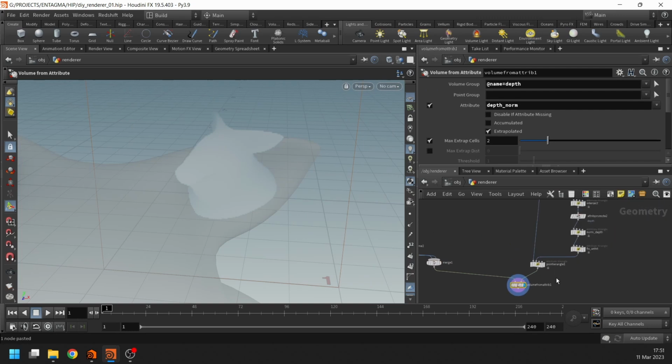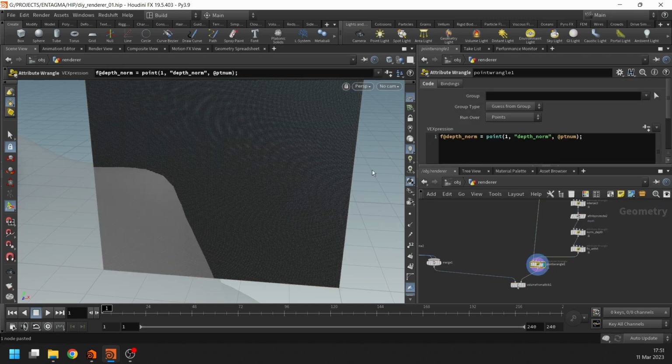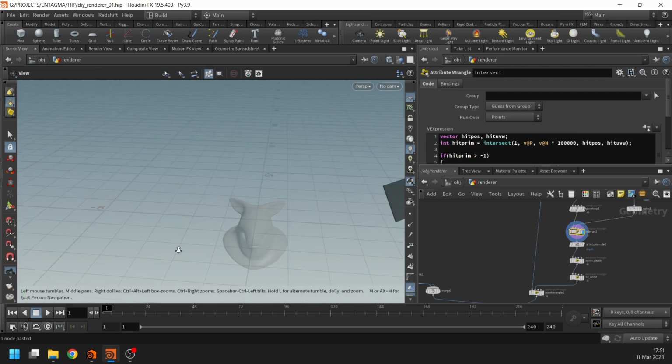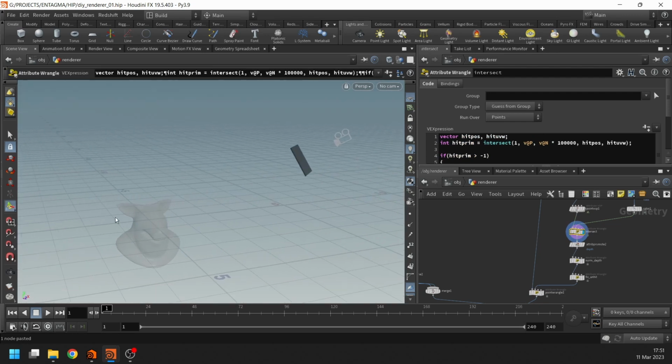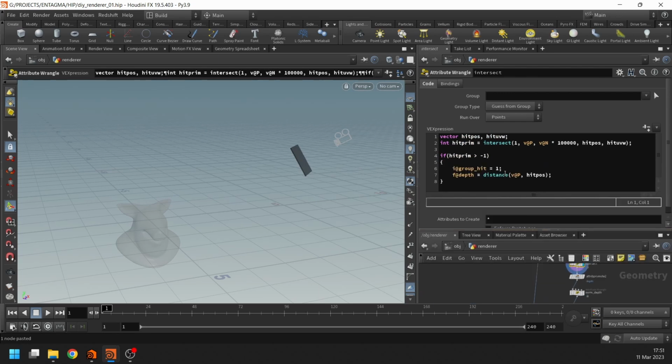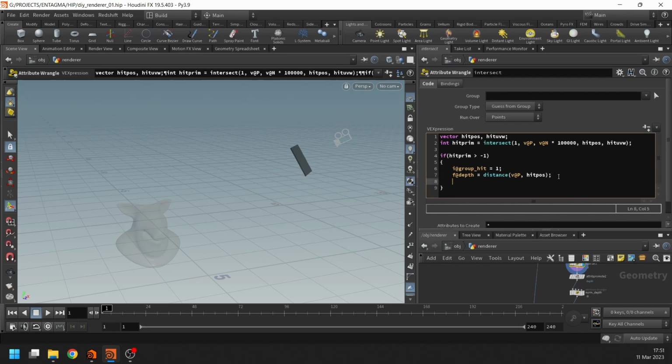into the stream. And to get a shading normal or a hit normal from our geometry, what I want to do in our intersect node here, where I'm shooting out those rays and looking where they intersect our scene after we hit something, I don't just want to calculate the distance from each point, but also I want to look up the normal on the geometry. And we can do that using a primuv function. So let's store a new vector, call this norm for normal, and it should be equal to the primuv, and